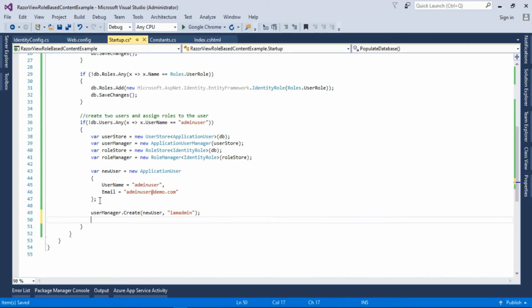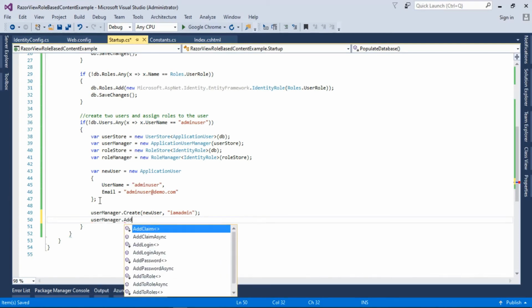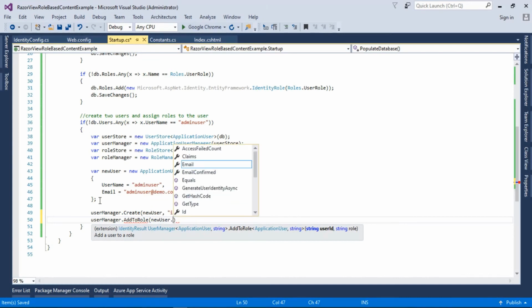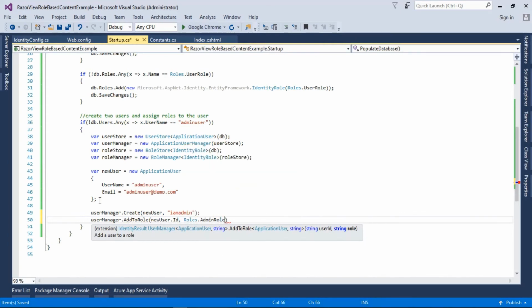Now we will assign the role to this user. So user manager dot add to role, and it is asking for two things. First the user ID, so new user dot ID, and second one is the role. So roles dot admin role we will provide.